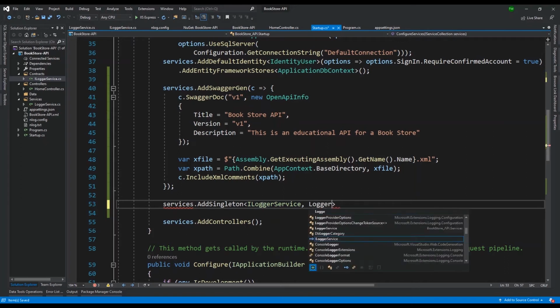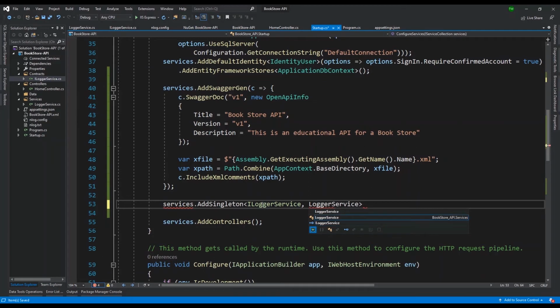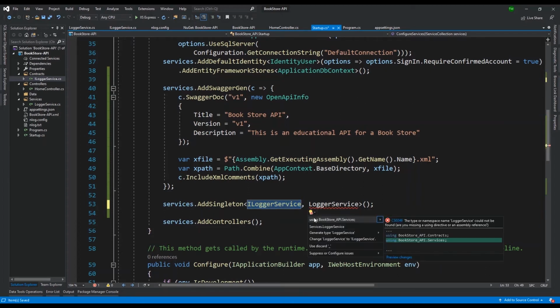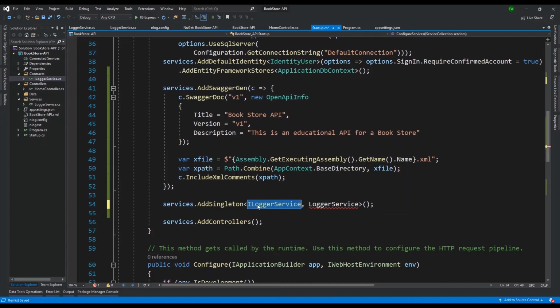I just don't want to overwhelm you with information just yet. So what we're doing is saying that we want to create a singleton instance of the service. And this is our service really, or this is our contract for the service. And this is the implementation of the contract. So anything that's missing, you just hover over it and include the library accordingly till you see no green lines. And with that, we would have set up NLog in our entire .NET Core application, and made